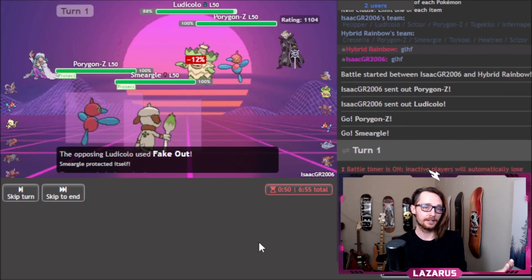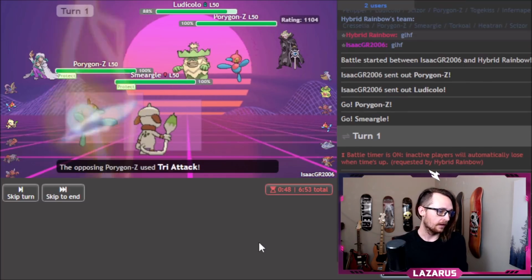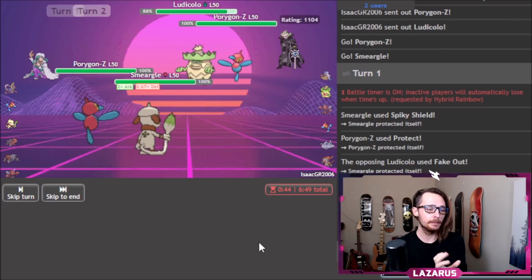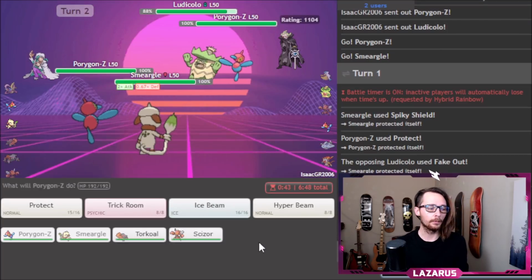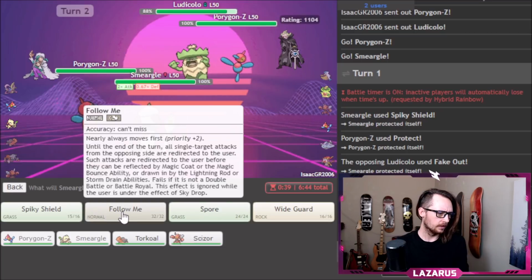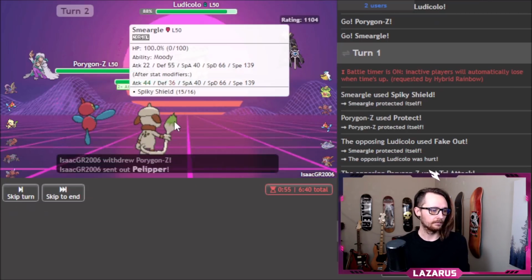So there's the fake out, just like I said. So if they were sashed, no more. And the big tri-attack. The cool thing about this is Smeargle gets to fish for a Moody proc. You can see that right there. But what we're really realistically just going to do is go Trick Room here and just follow me. They're going to double up into the Smeargle. They might just go for like a Muddy Water or something, but we don't want Porygon Z to take the